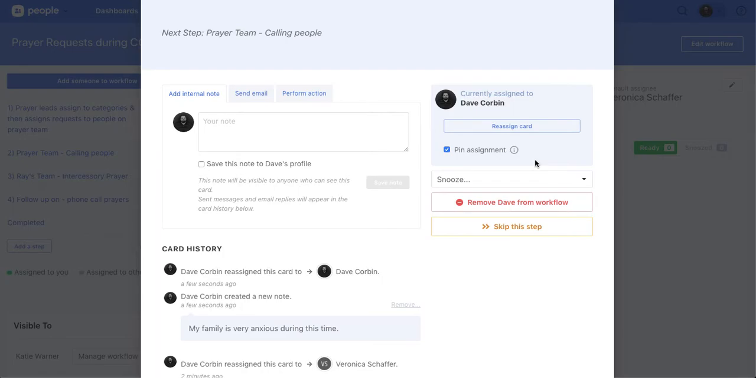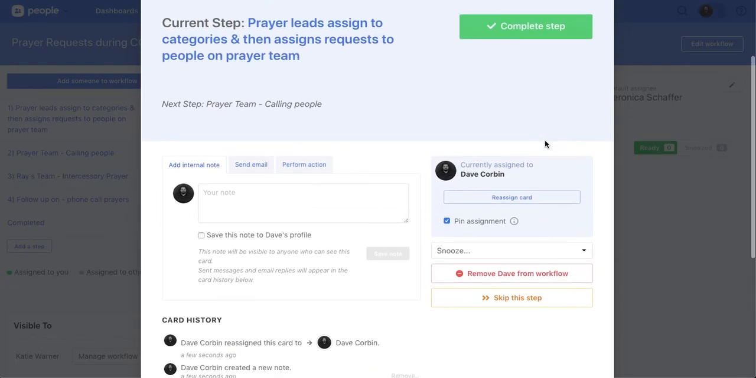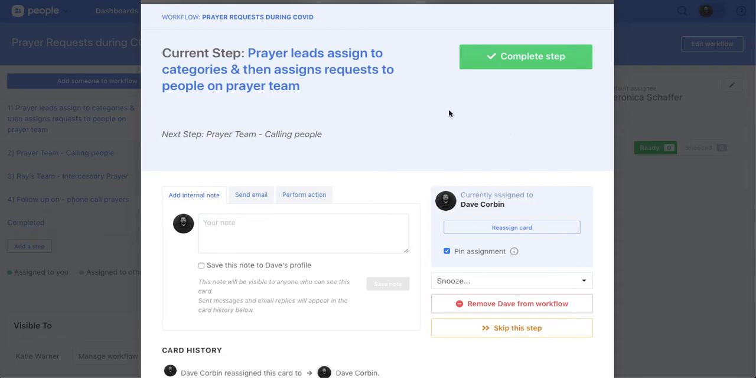If you don't click that, every time you move it to a new step, it's going to get reassigned to Veronica, and that obviously is not the most efficient way to do this. So you want to reassign the card, make sure you hit pin assignment, and then that card will stay with them throughout. Now, the next thing you can do is hit complete step,